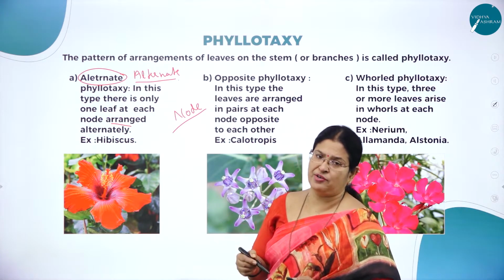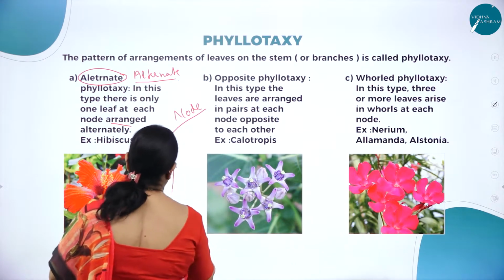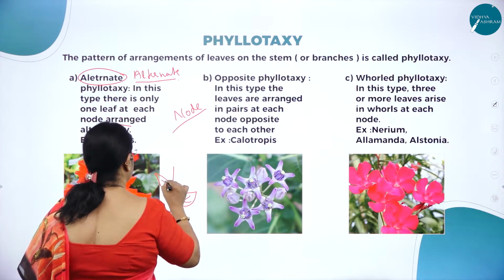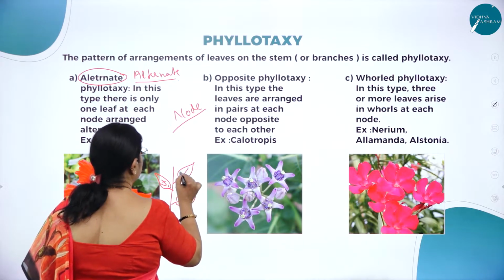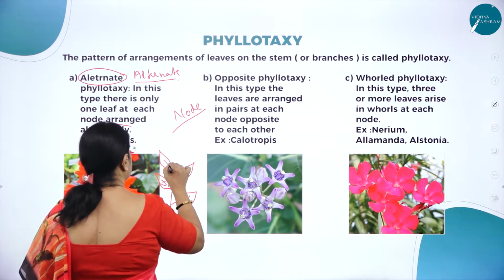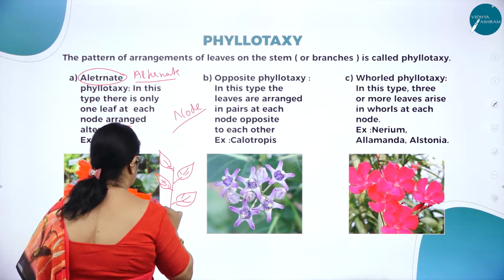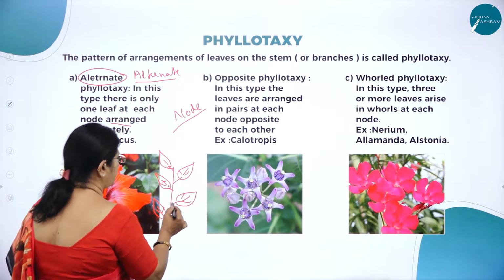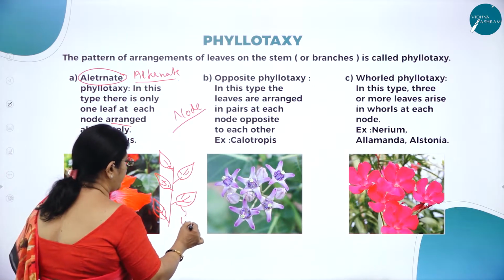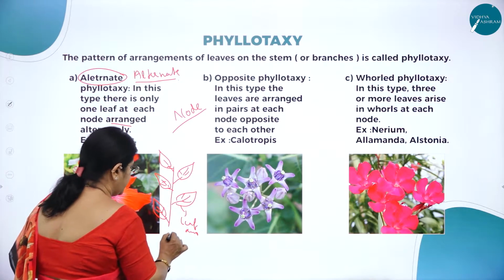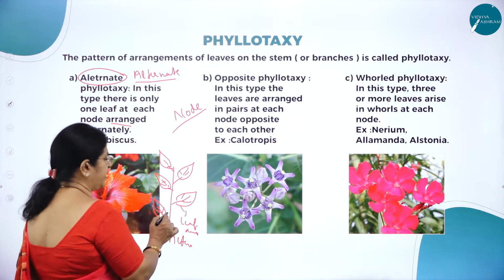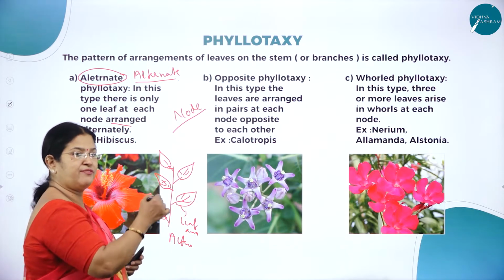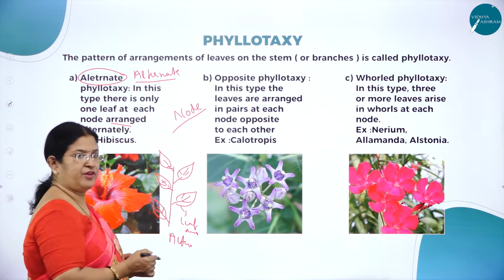You will understand better with a diagram. See here, you can see this is one node. This is one node, this is one node. From one node, one leaf arises. So this is alternate. One here, one here, one here, one here, one here. Alternate means one after the other. Such a type of Philotaxy is called